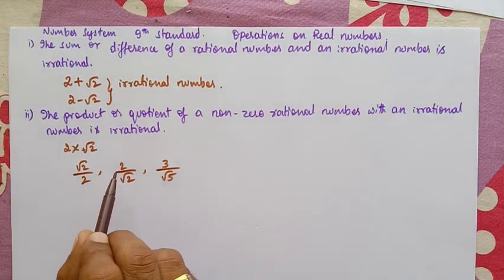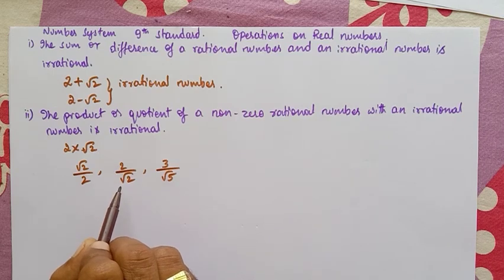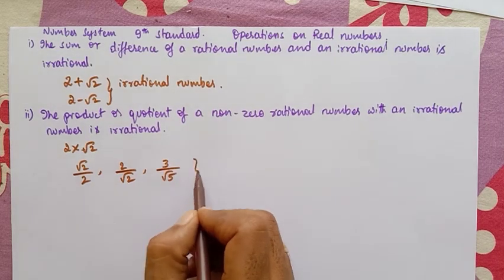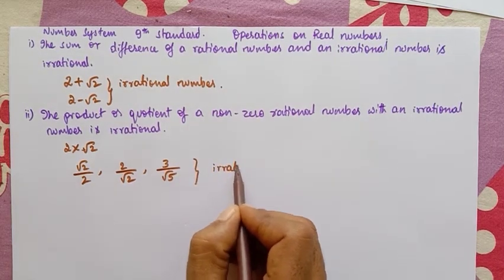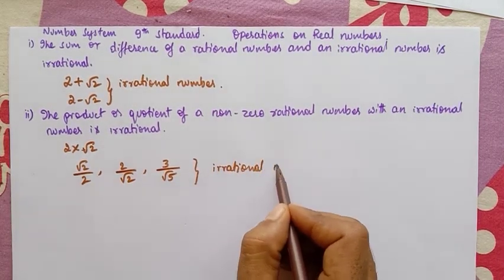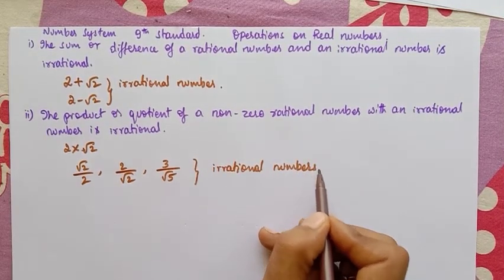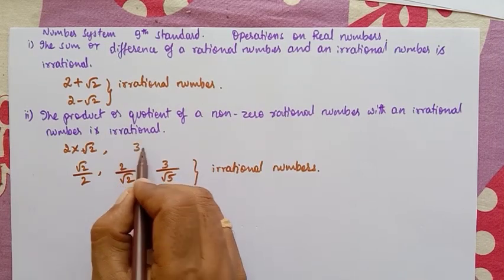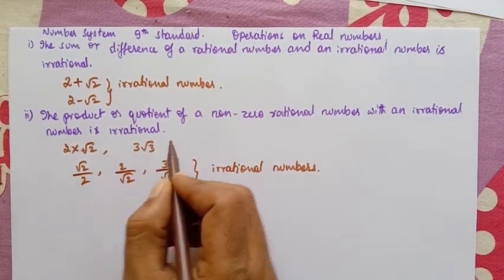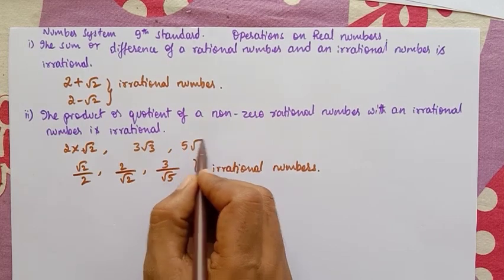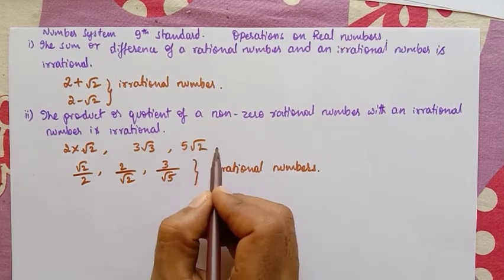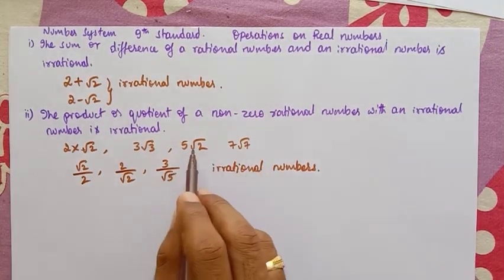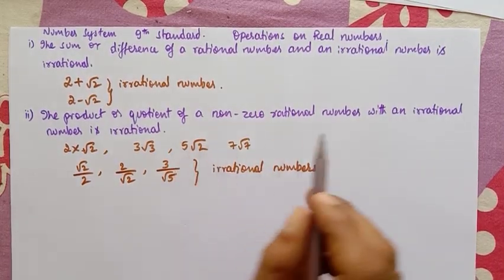Here one is rational and another one is irrational. That's right, if we take like this, all these are irrational numbers. You will get the product here. You can take another product too: 3 root 3, 5 root 2, likewise 7 root 7. Whatever it is, the product of a rational number and an irrational number is an irrational